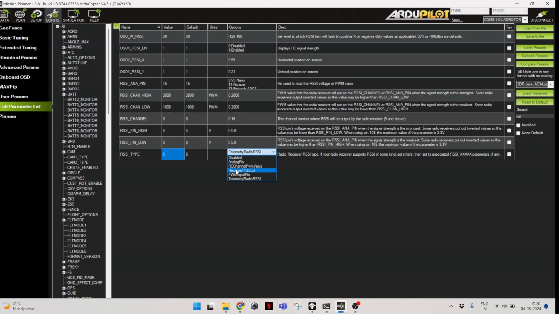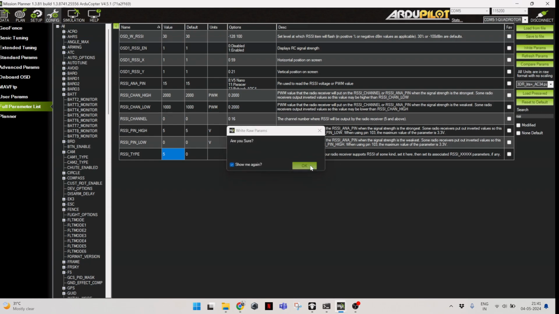But when I actually tried the Crossfire protocol instead of the MAVLink protocol, I selected 3 and it was working, but it was only giving me the RC channels, not the MAVLink connectivity properly. So I switched on the MAVLink connection, and here I selected the telemetry radio RSSI. Okay, this setting you have to select and just write the parameters. All right,